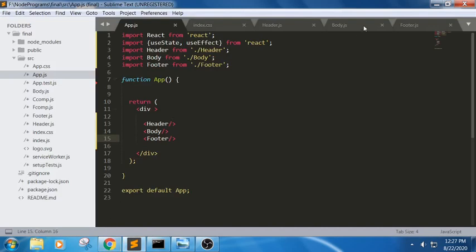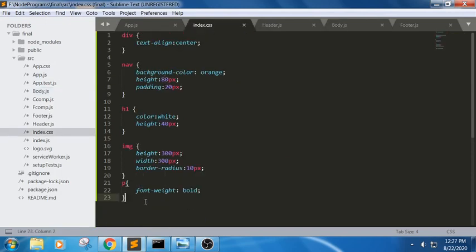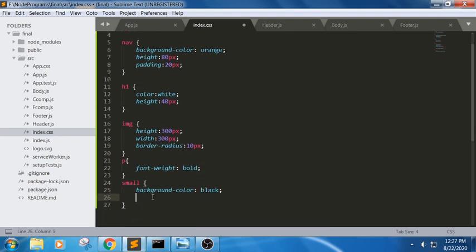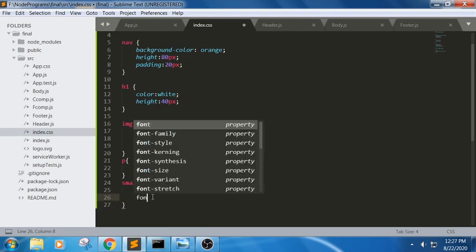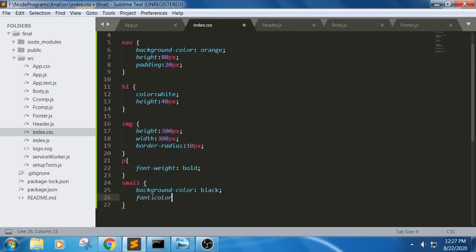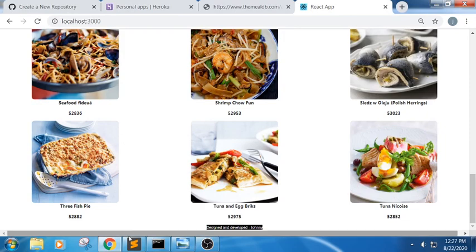Now if I want to give this footer part a color, in this small, background color black, we should always use hexadecimal values for this. And font color, sorry, it's not font color, that was the deprecated version. Color is white, yes.